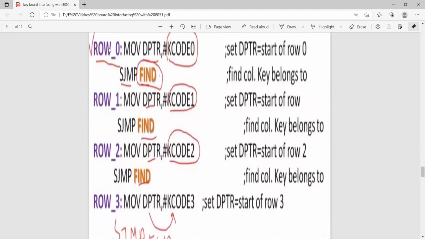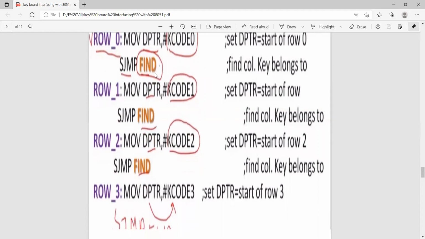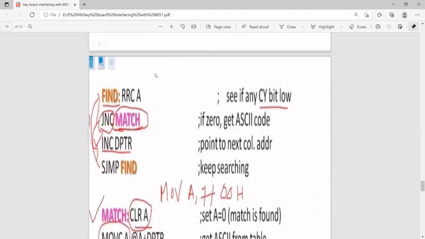So in row 1, this is some subroutine. That is MOV DPTR with the key code, code 0. Then SJMP to find. So the find program here is like this.